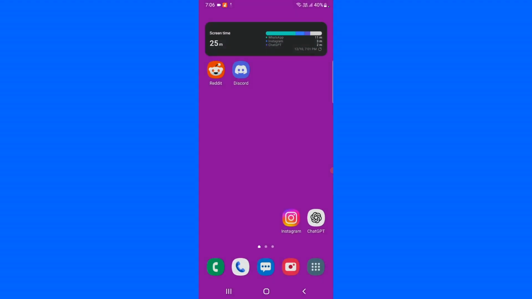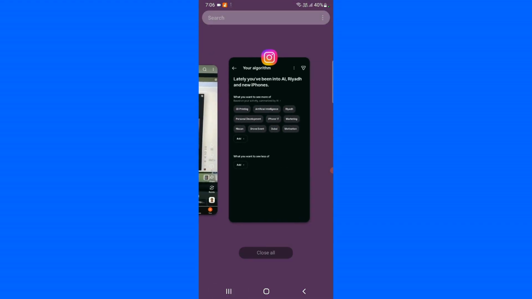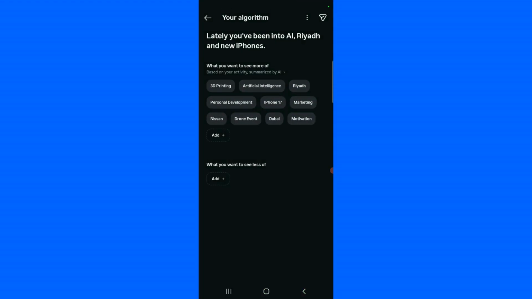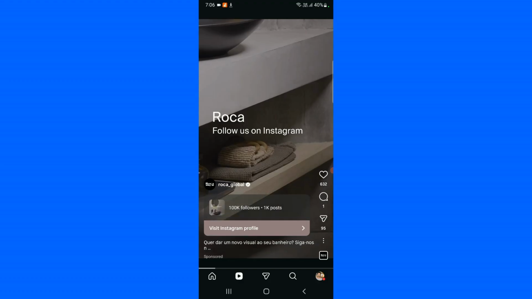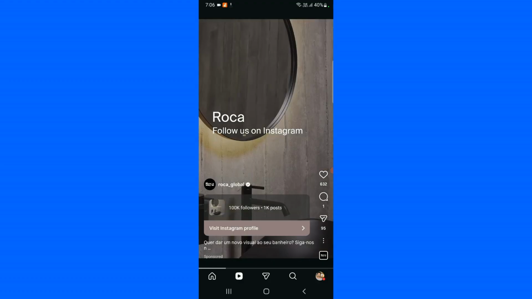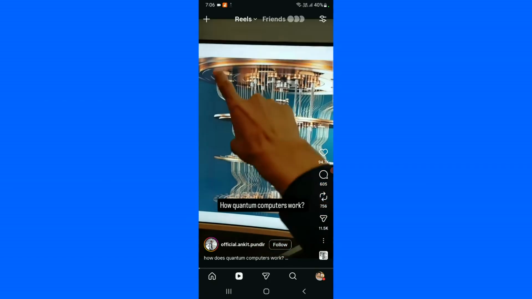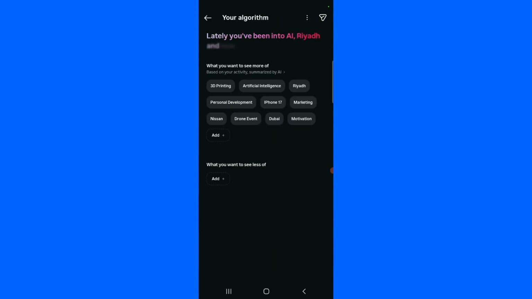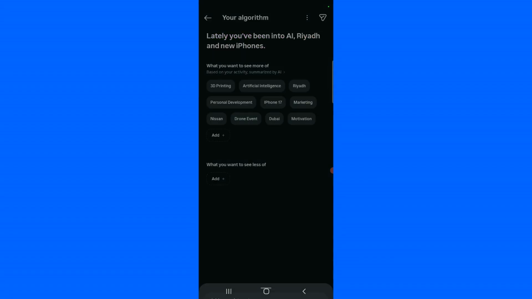First, open up Instagram, and here, as you notice, I have accessed the new feature, which is Your Algorithm. Now when you open up a specific reel on the Instagram tab, you'll notice at the top there is a new option called Your Algorithm. With the help of this new feature, you can easily control all your suggested feeds on